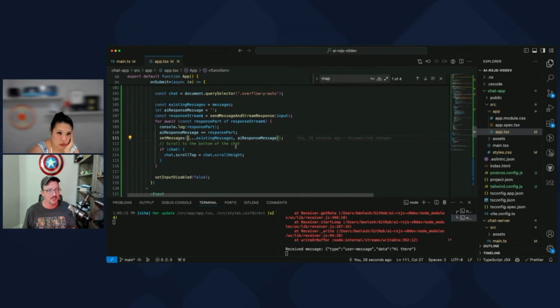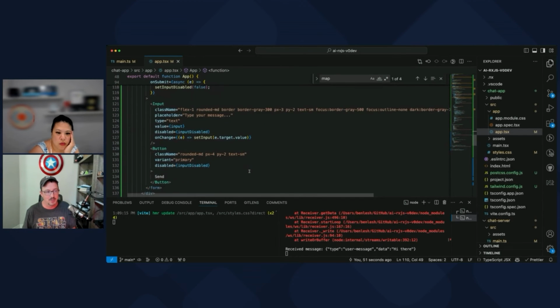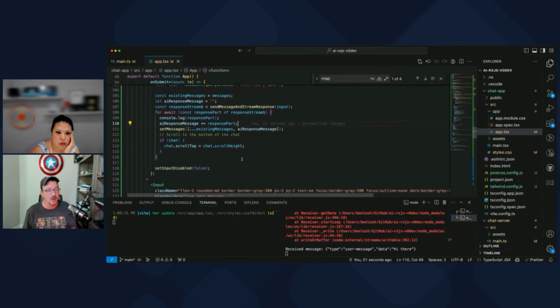I'm thinking that my usage of state here is not the best, because I'm taking the existing messages we already had and appending this other one that I'm building onto it, and it clearly is not happy. But maybe that's just because, oh, I know why.